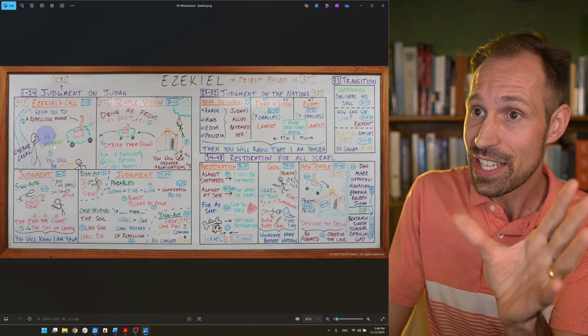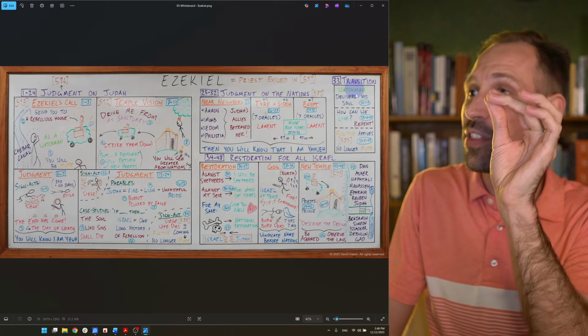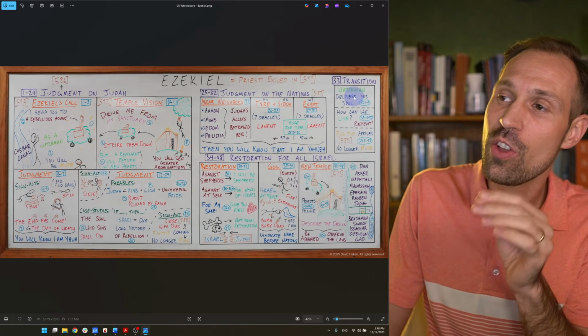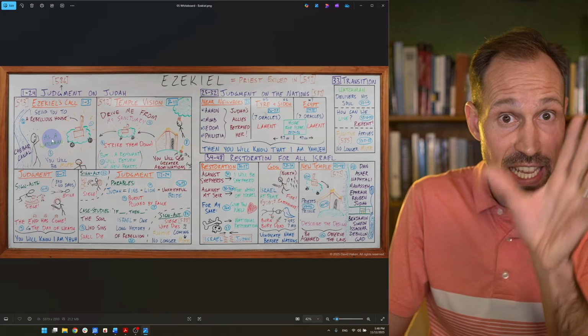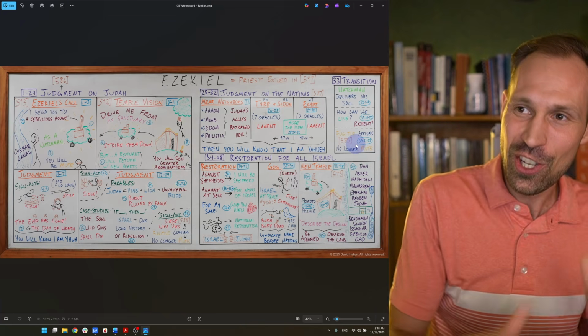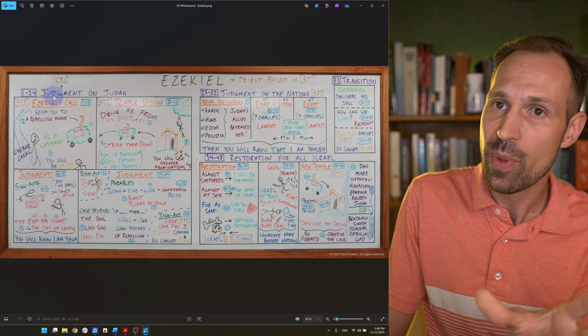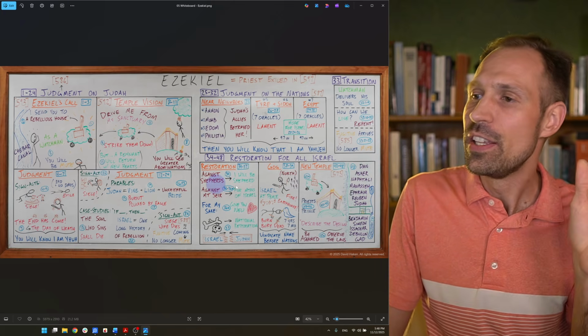This is a critical moment in the book of Ezekiel. His commission here in chapter 3 as a watchman is going to be repeated in chapter 33 as a signal that his job as a prophet of judgment is over. He has done his job faithfully, and now his mouth has been opened, and he can transition from being a prophet of judgment to being a prophet of hope. And this hope is going to characterize his message from chapter 34 until the end of the book.